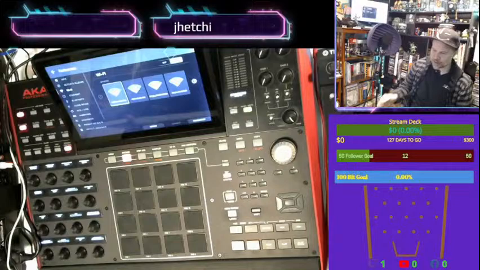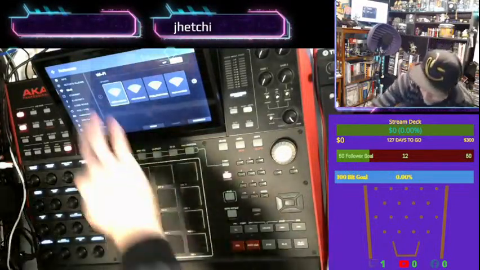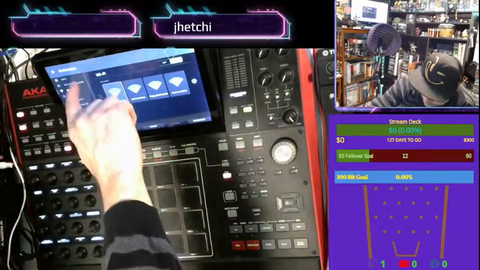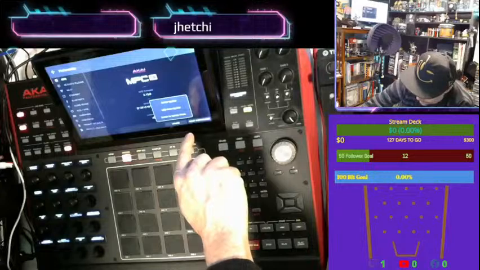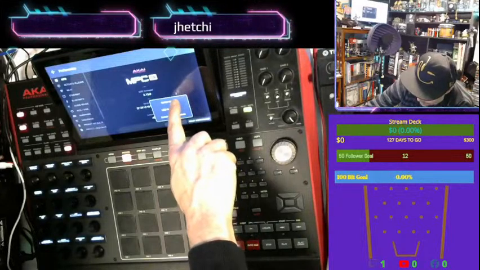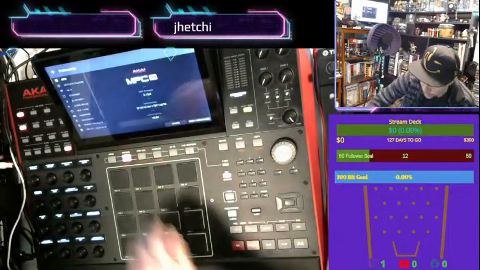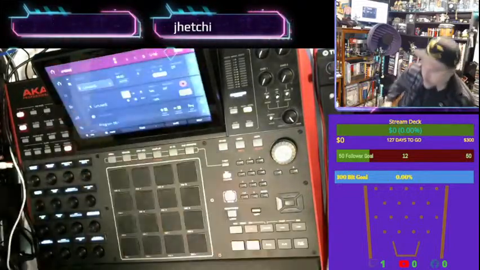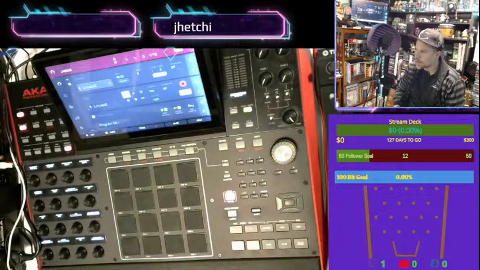The modem's connected directly through wire, so I don't know why it's not recognizing that and just doing the update. Okay, so we're running the latest version. Perfect. So if I head back here and take a look at the MPC software,